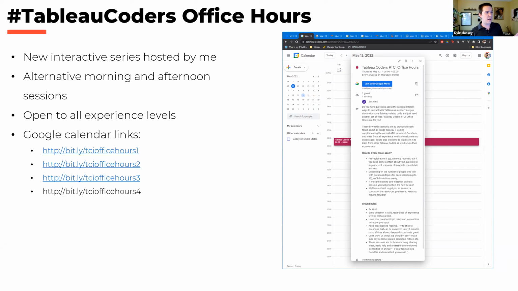These events are already on. I'm just using a Google Calendar. I'm not going to go through Splash or anything like that because it's a lot of overhead for an official tug. But feel free to just join any of these. Hop on. It's just going to be an open discussion, brainstorming type event. And like I said, these will be every other Thursday, and I'm going to alternate mornings and evenings because we had a couple requests for that with the standard sessions. But yeah, if you're interested, check out one of these links and join any or all of them. And I look forward to maybe chatting more in depth with some of you.